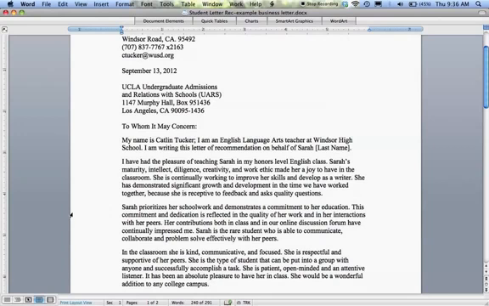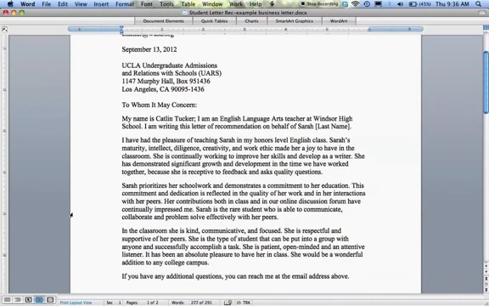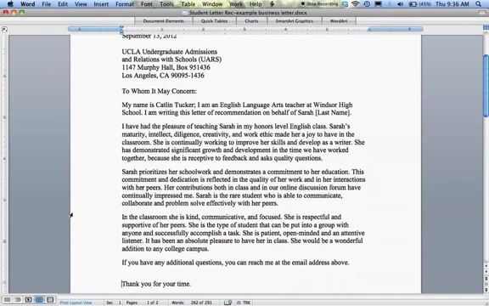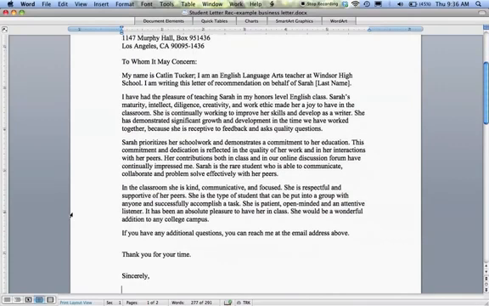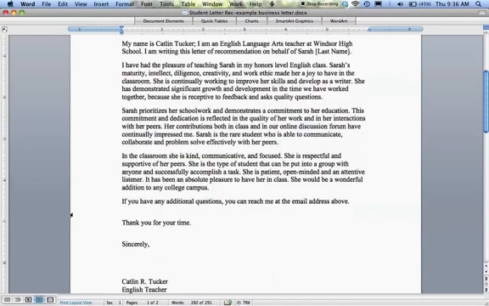So again, I have my brief first paragraph, and then the second paragraph, which expands on my reason for writing, I've actually kind of made into 3 separate paragraphs here. And then I have my next paragraph, which tells the admissions office where they can get in touch with me. So I say, if you have any additional questions, you can reach me at the email address above. Thank you for your time. So that's that last paragraph thanking them for their time, sincerely with the comma,